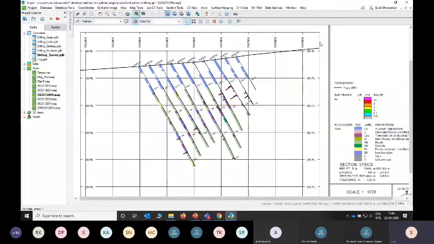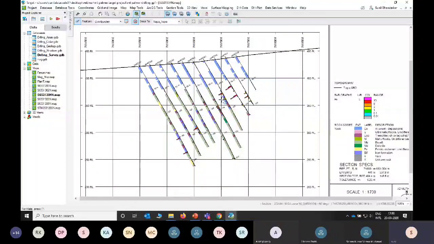See, if my screen is visible to you. Like you said, you have manganese bearing phyllite. So you can see the lithology with the borehole-wise lithology. So you can see where you can get the phyllites, right? At the same time, if you have some sample data which is analyzed for manganese, you can see the manganese value.